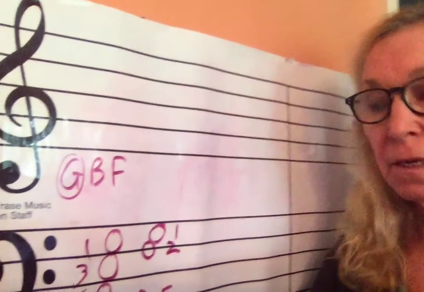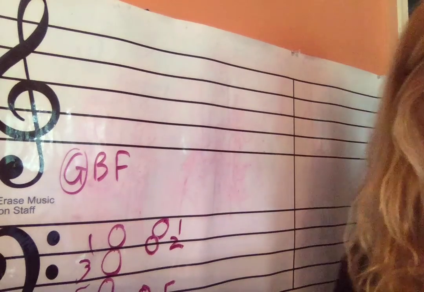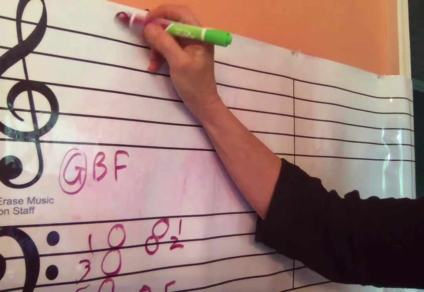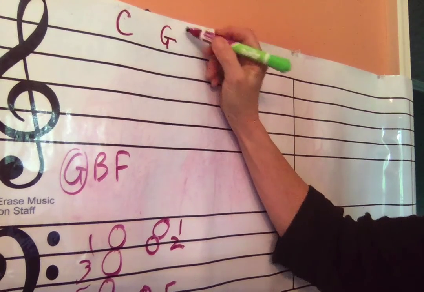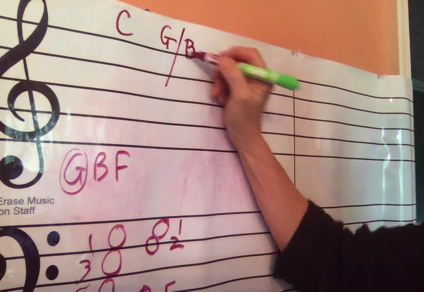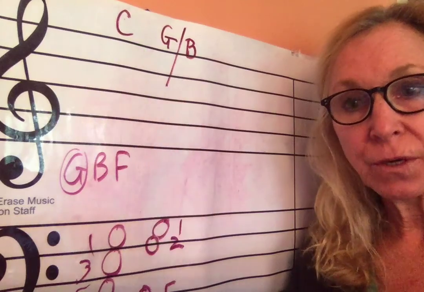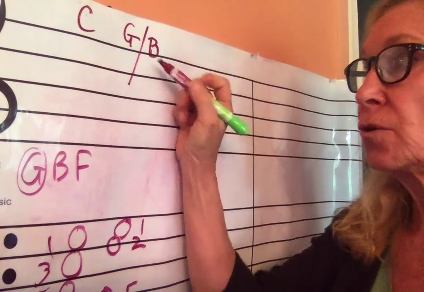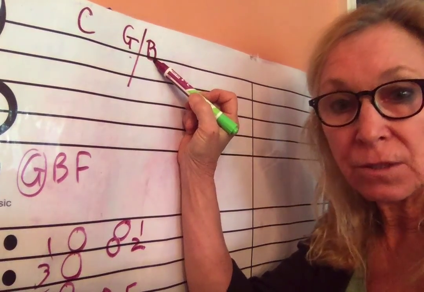Now, if you were to see something above the music that says C right here, and then you see G/B, that is going to tell you that you're going to play a C chord with the C in the bottom. This right here tells you you're going to be playing a G major chord, but B is going to be